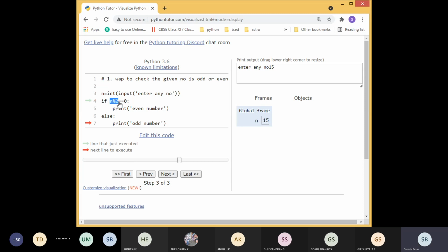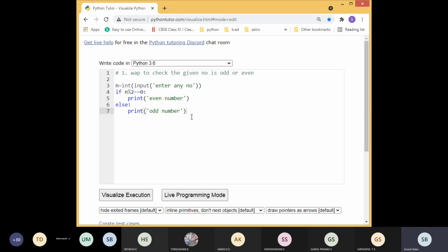Here it gives 1 as the remainder. So 1 is not equal to 0. So it is false. It goes to the seventh line and prints this is an odd number. So this is our coding. Like that you can change your own coding. Kindly note down. This is the first important program, using the if else statement.